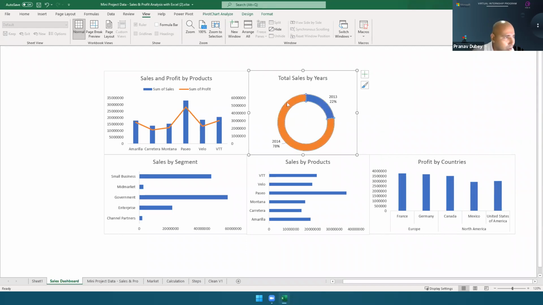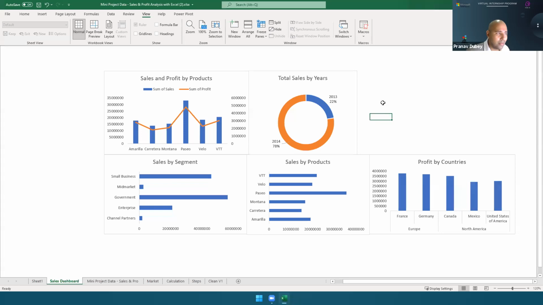But if I click on one particular year, or one particular country, I cannot see any other changes. So if I want to look at, suppose in 2013, what was the profit in France? I do not have any such chart here. So I will use a slicer for this.